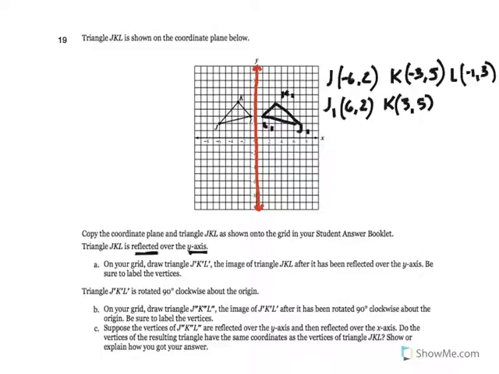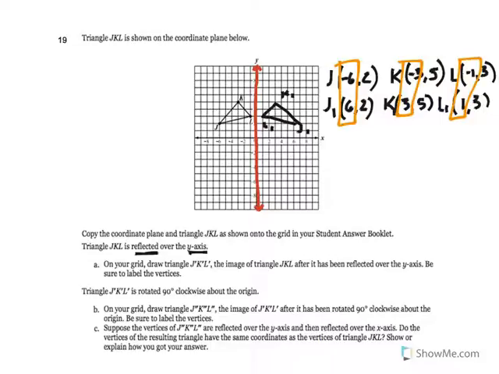Positive 3, positive 5. And L prime became positive 1, positive 3. Okay? So which coordinate changed? If y was the boss, we multiplied x by negative 1. And that's how we